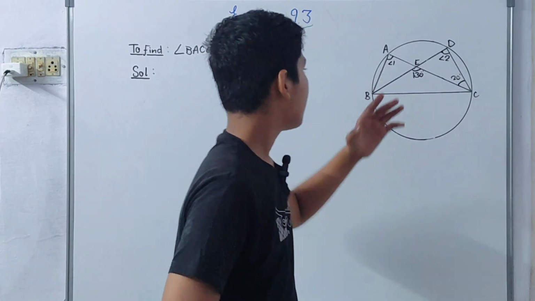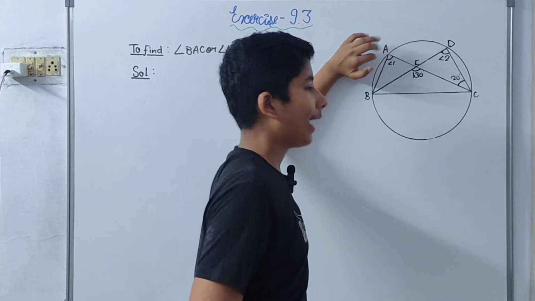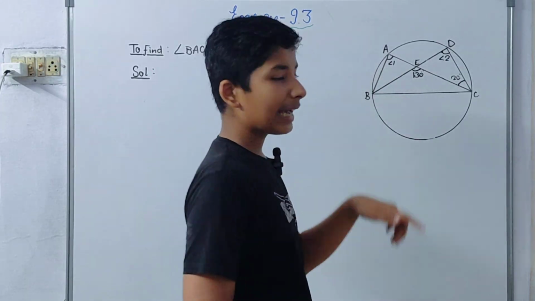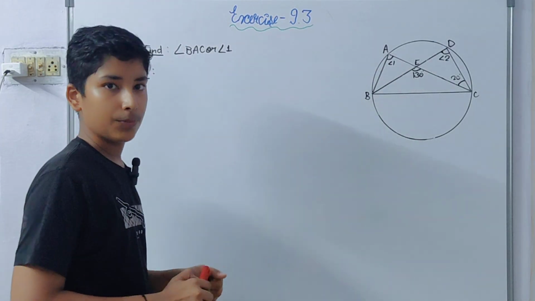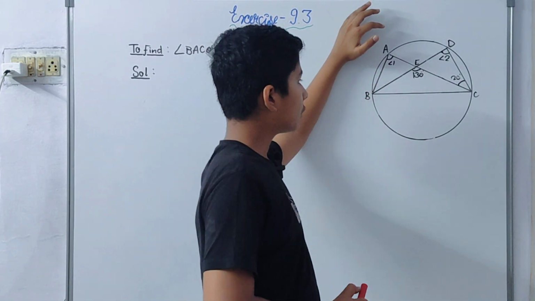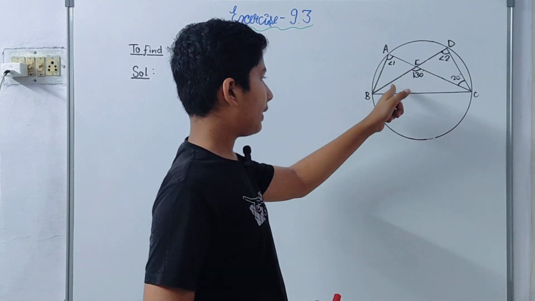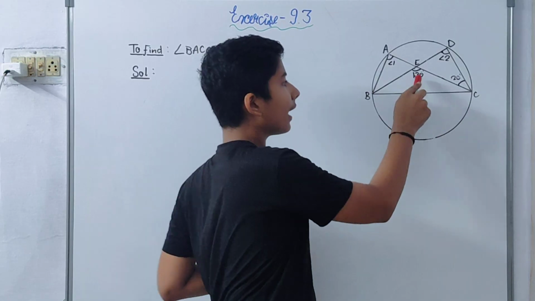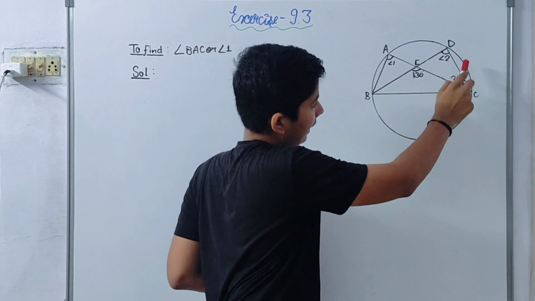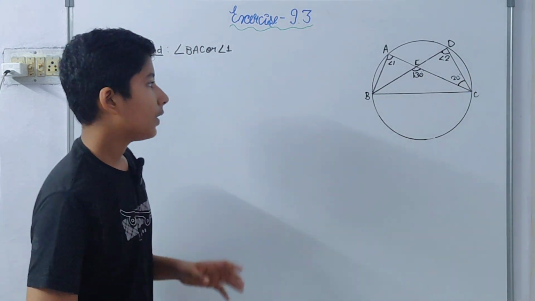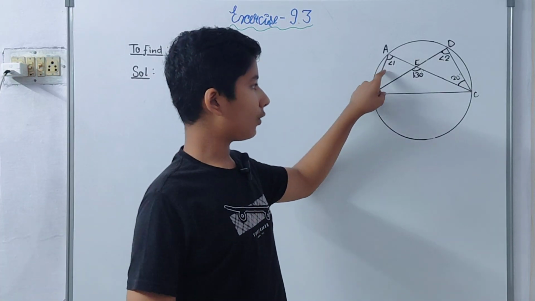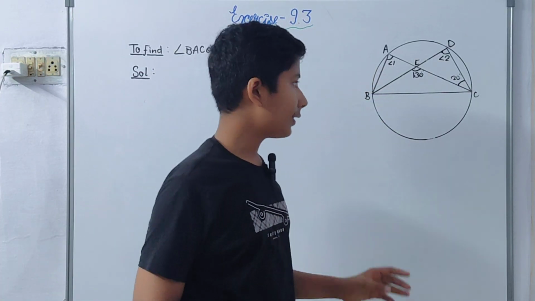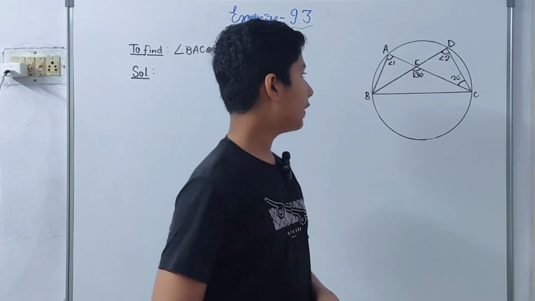So over here in this question we have to find out angle 1, which is angle A also, BAC. So first of all, it is given to us that angle BEC is 130 degree and angle ACD is 20 degrees. Using these two angles, we have to find out this angle. So first of all, let's make a basic plan of what we'll do.